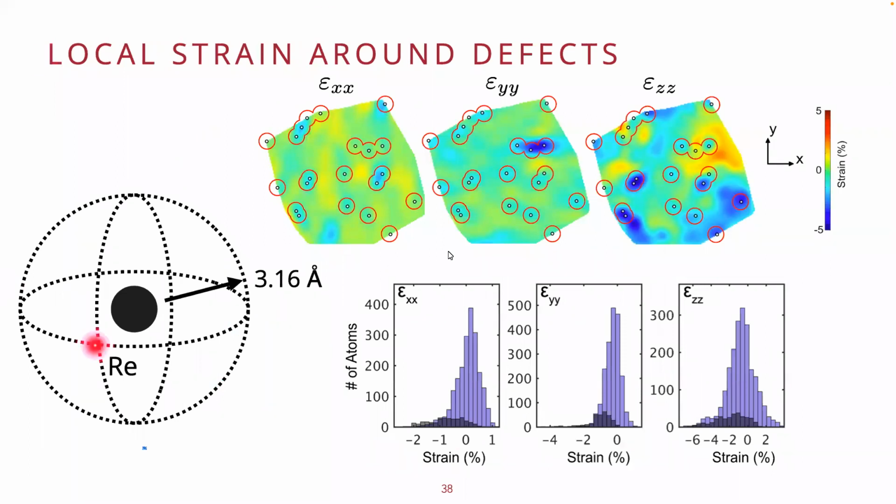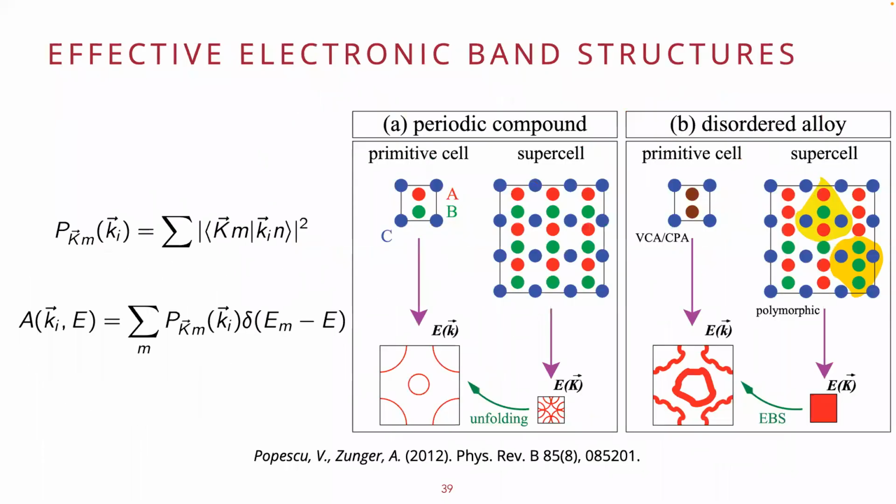Okay, like I mentioned on the previous slide, we do see a lot of rhenium dopants and strain around the atoms, and these are just the histograms to show that we can quantify that, right? If we isolate the areas within these red circles, which are all surrounding rhenium atoms, that correlates to the black histogram on the bottom, where our purple or bluish histogram is just everywhere else, right? So even though this is the same system, you can start to isolate what area you're looking at. And these atomic level strains are actually a lot more localized than I would have expected, at least. Okay, back to my